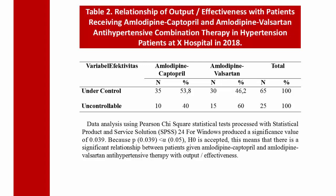or 35 patients with controlled blood pressure, and 10 patients with uncontrolled blood pressure, while patients with amlodipine-valsartan combination therapy were 46.2%, or 30 patients whose blood pressure was controlled and 15 patients whose blood pressure was out of control. This proves that the amlodipine-captopril combination is more effective than the amlodipine-valsartan combination in BPJS outpatient hypertensive patients at